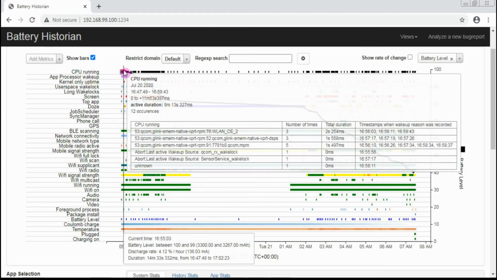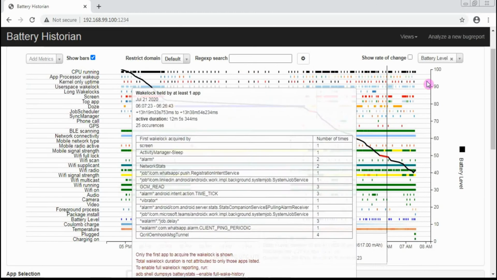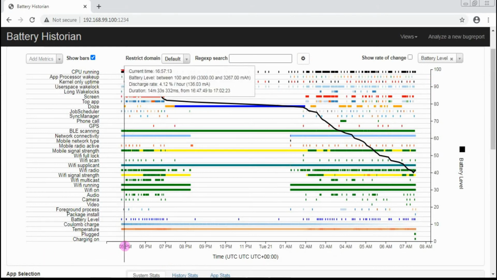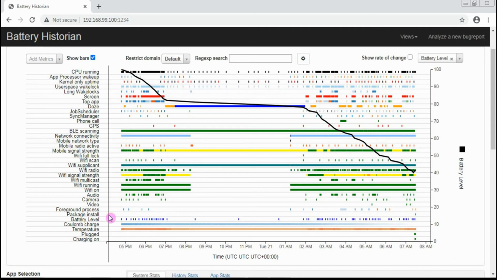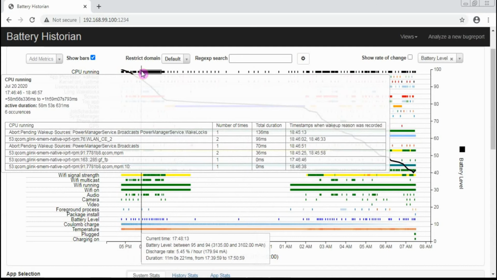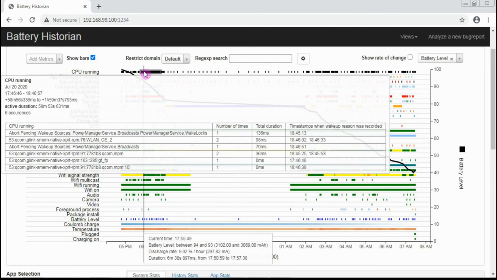So our CPU was active for this particular time. Also, the log capture time is present here. It is from 5 p.m. to 8 a.m. So this gives us, at that particular moment, what all processes were active when the CPU was running and the timestamp for it.